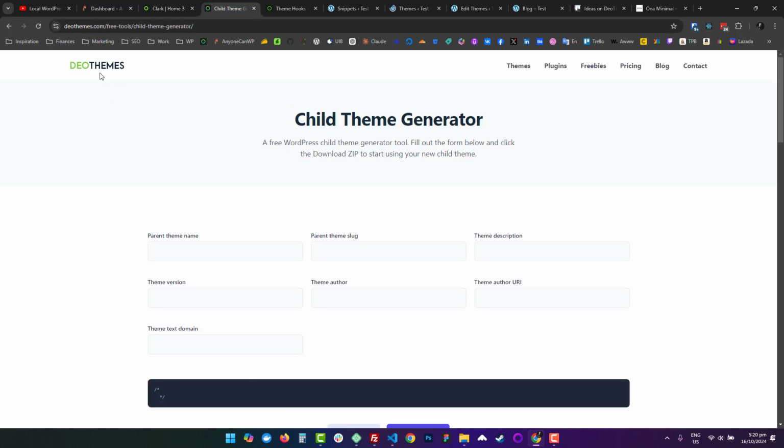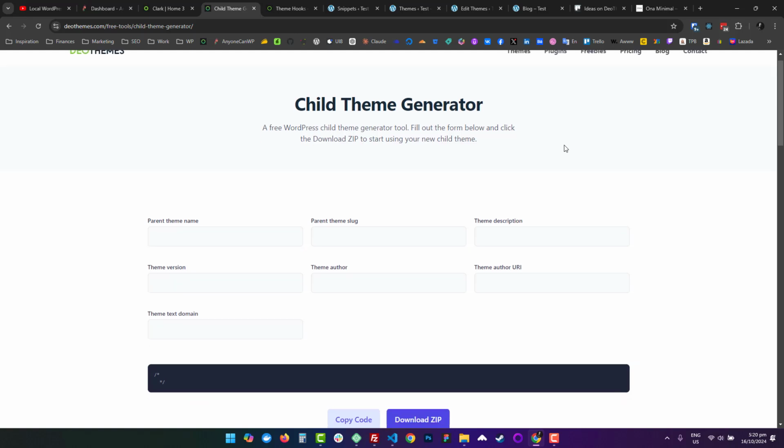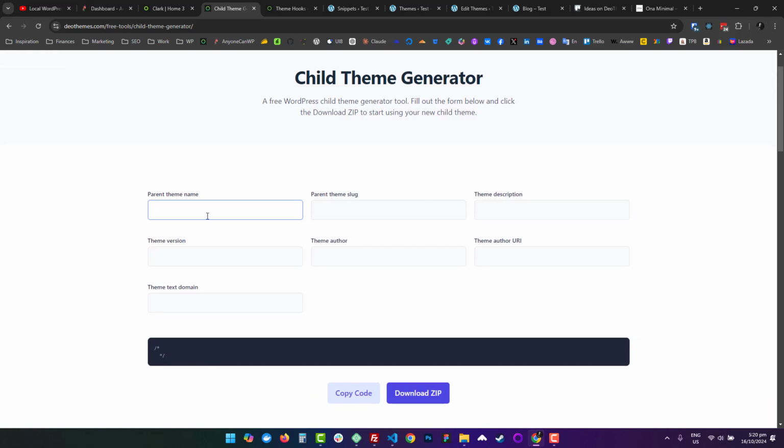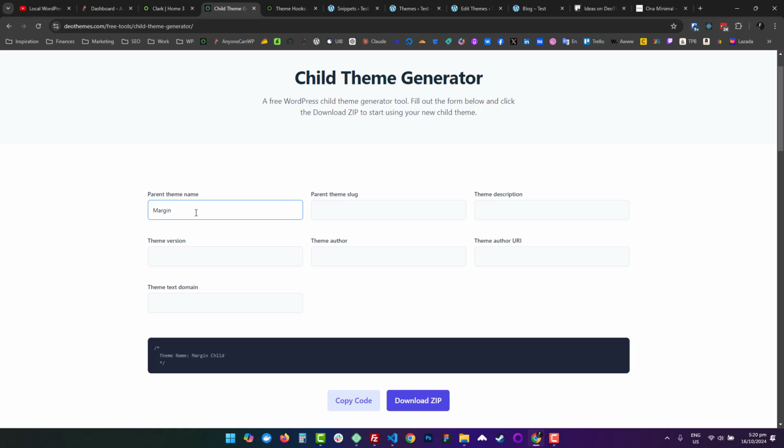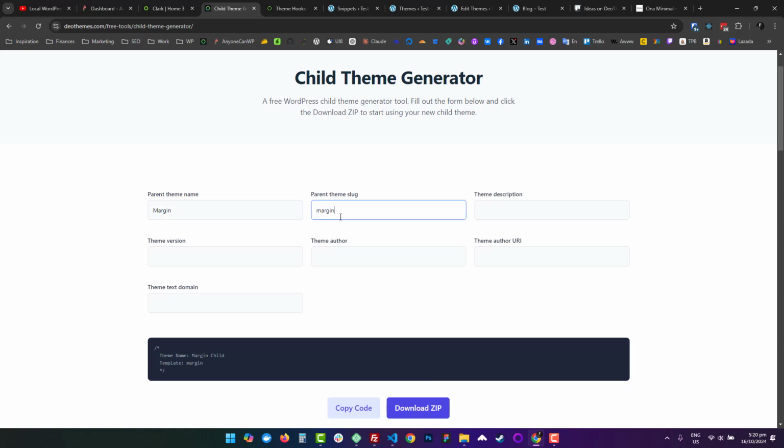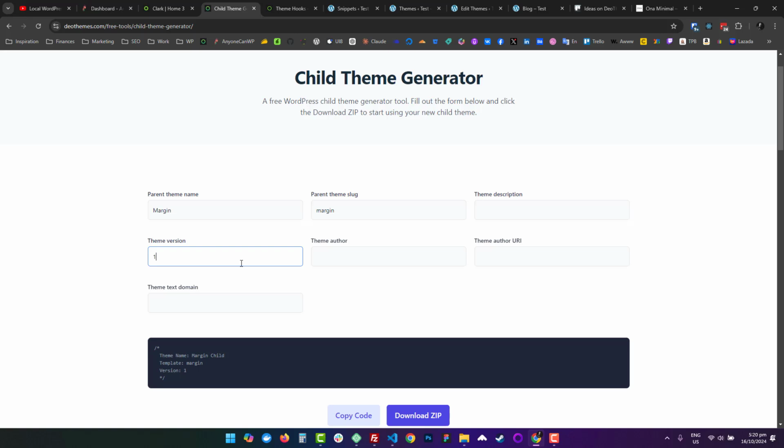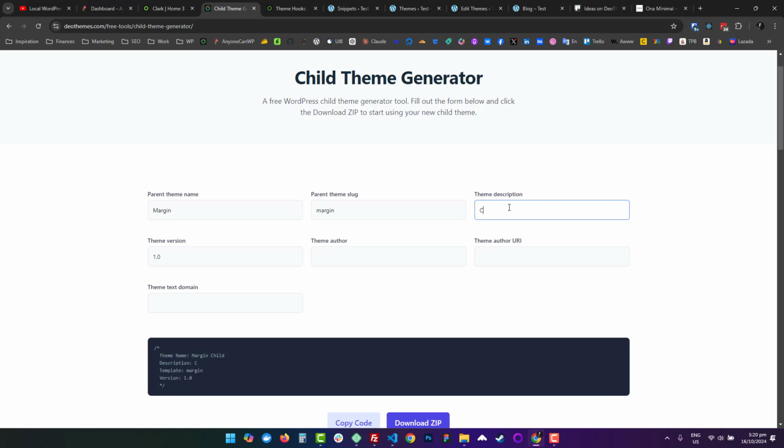For example, here at Deo Themes, you can go to Deo Themes slash free tools slash child theme generator, and here you just enter your parent theme name, slug, description. So, for example, your parent theme is Margin, and then the slug is margin, and then version, make it one, theme description, make it child